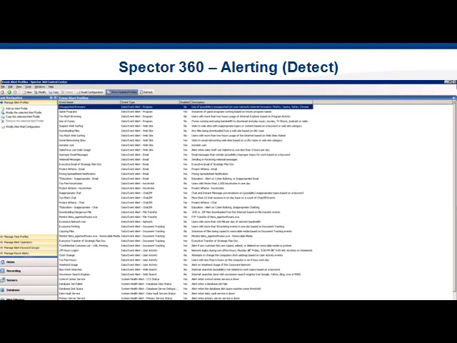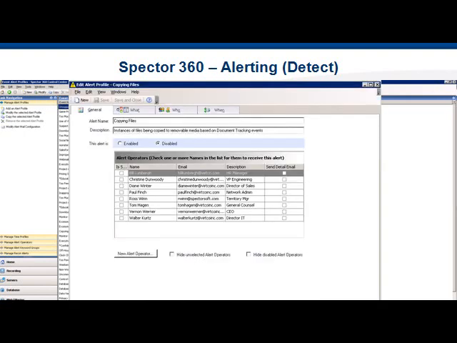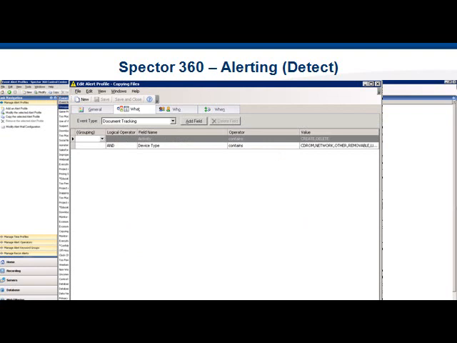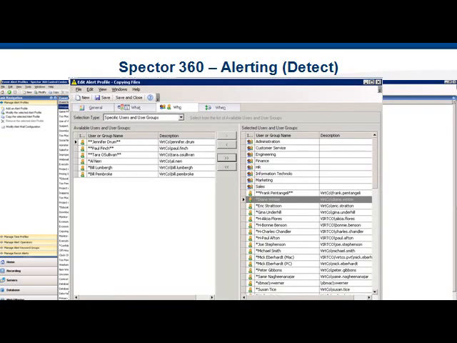Within the Event Alerts list, you can drill into the settings for each one. First, you should designate exactly who should be notified of the alert. Next, using a Boolean expression, specify what keyword or activity type you want to trigger that alert. And lastly, select which group or individual you want this alert profile to be applied to.